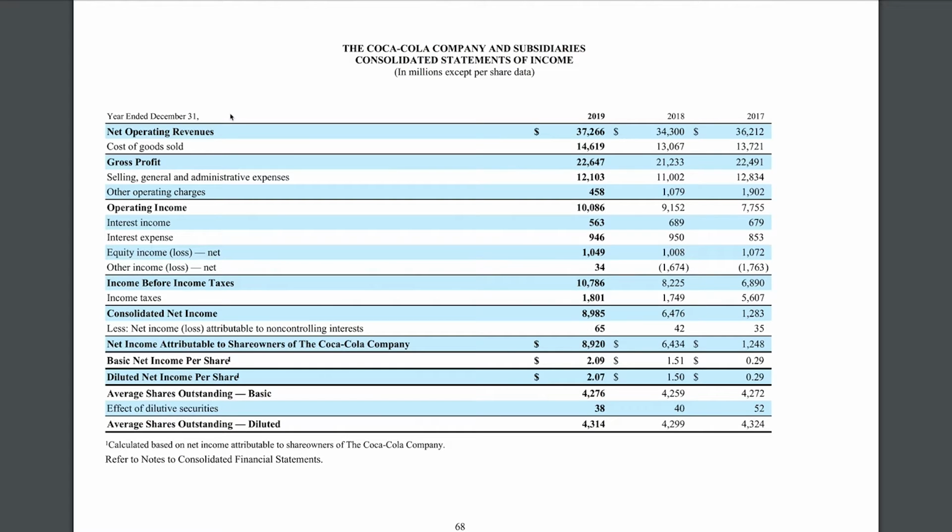So the first line that you will see at the top of every income statement is a figure called revenue. Sometimes it's listed as net revenue or net operating revenues in this case, and it's also most commonly known as sales. So sometimes this top line will be net sales or just sales. All of those figures mean relatively the same thing. There are little differences depending on what type of business it is, but for the most part, they all mean